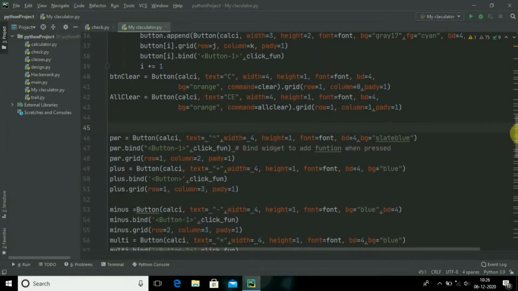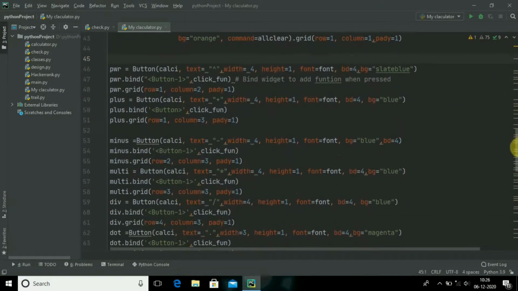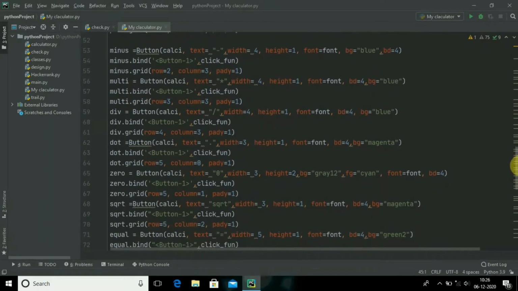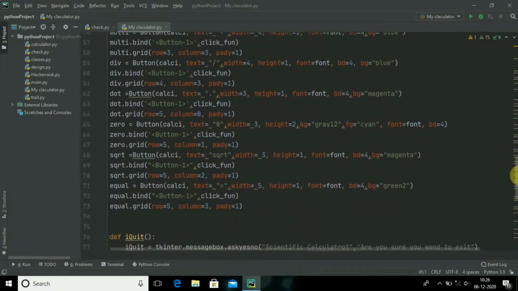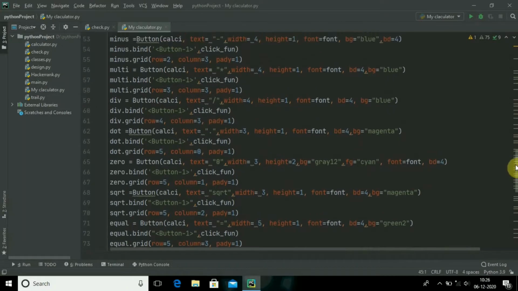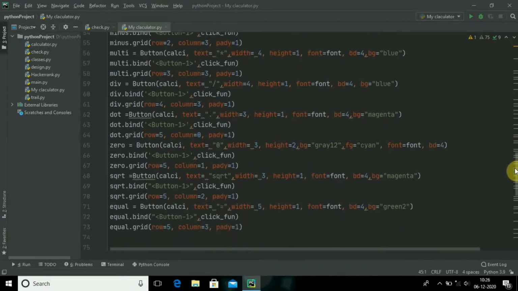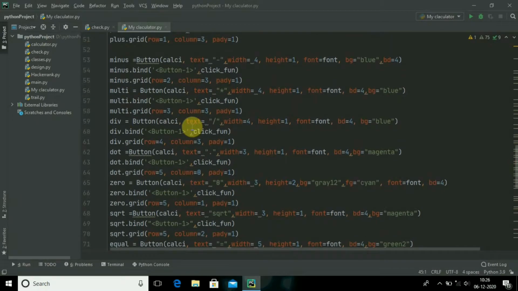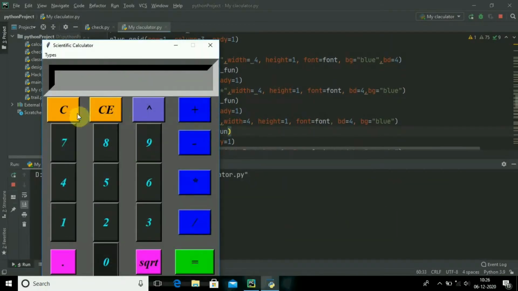In this similar way, I have created the power, plus, minus, multiplication, division, 0, square root and equal to in their respective positions using the row and column grid functions or the wizard. Here you go, you can see the beautiful calculator over here. So whatever I type, it will be displayed on the screen, but there is no function being applied.